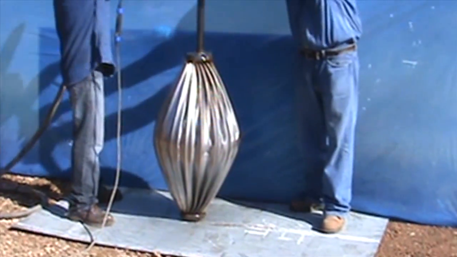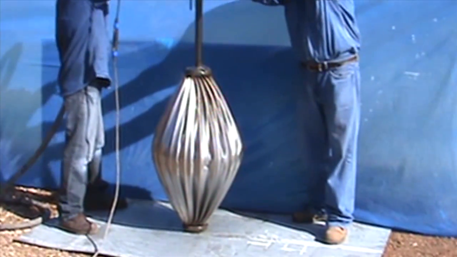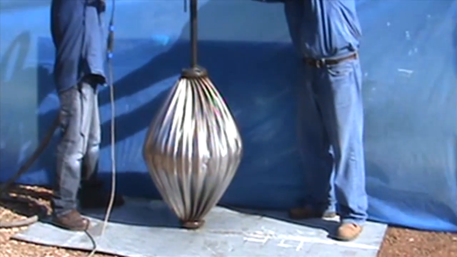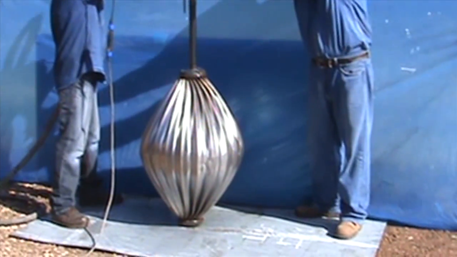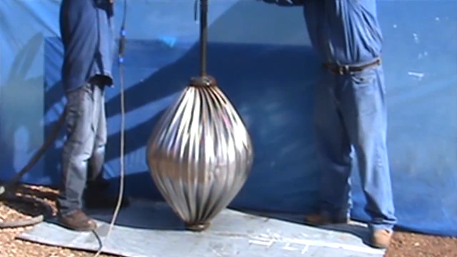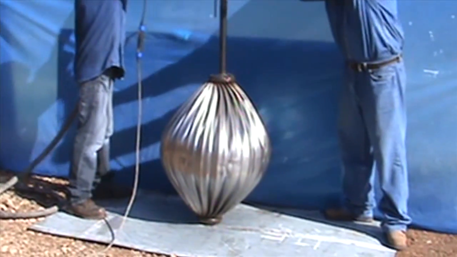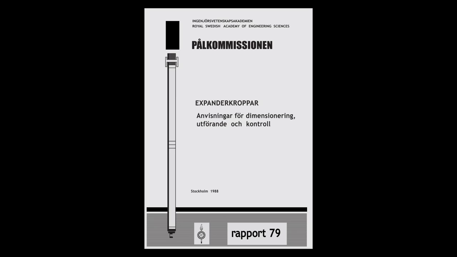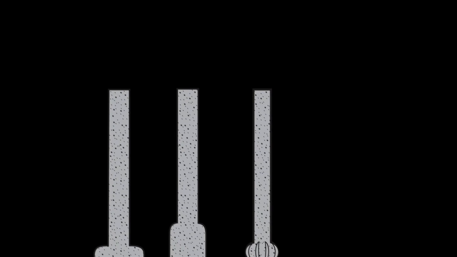Due to the controlled expansion process, horizontal soil stress, soil strength and stiffness of the soil around the EB can be improved significantly. An important advantage of the EB monitoring system is that the actual condition of each EB pile toe can be monitored and evaluated. The Swedish Commission on Pile Research has published guidelines for the design, execution and control of the EB pile. The EB pile is included in Eurocode EN